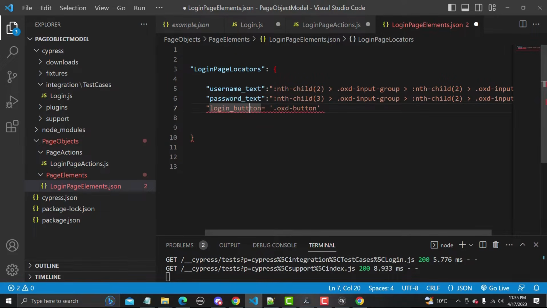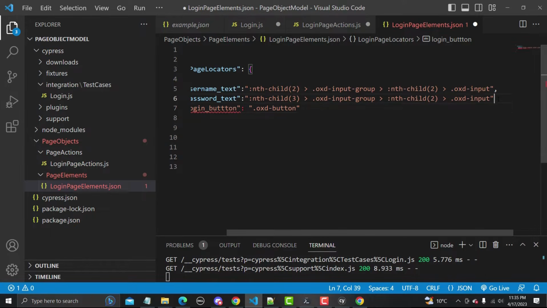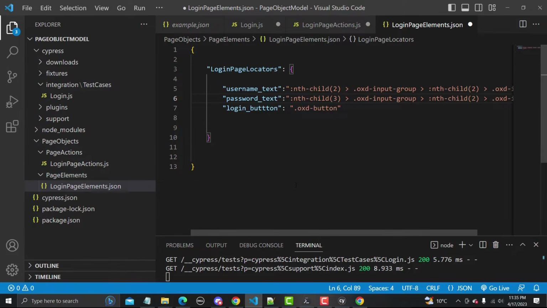Similarly for this one, double quotes, colon, and double quotes, and at the end of this one we need a comma. Now our elements are separated here in our login page elements.json.